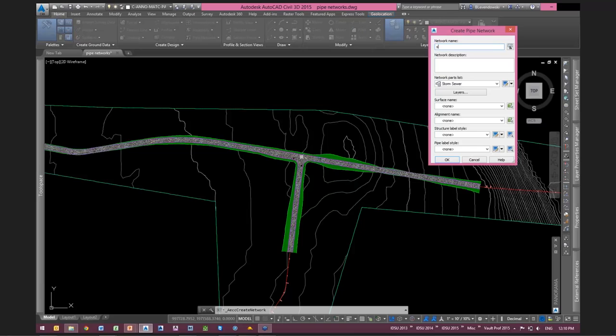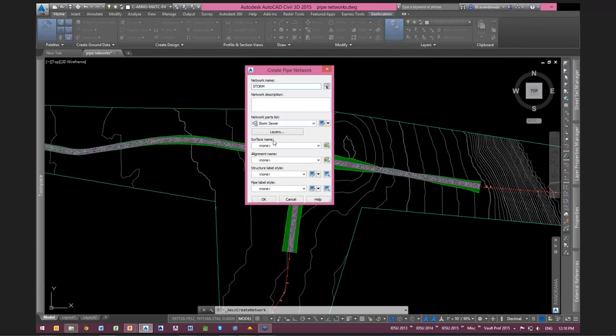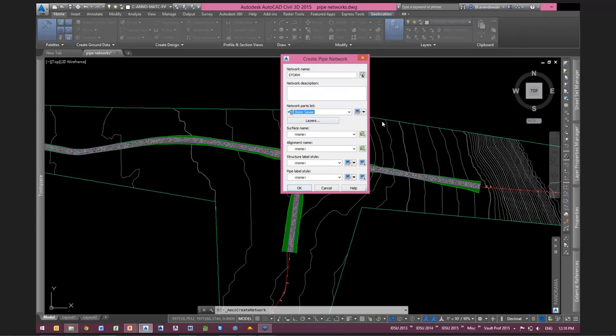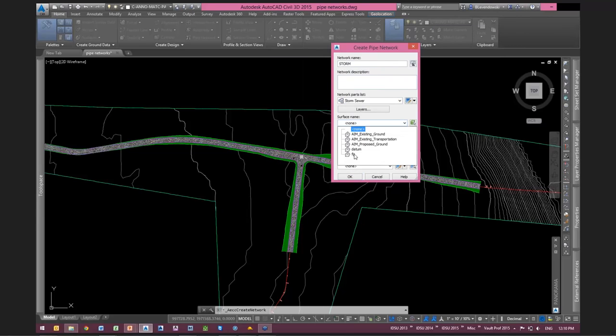We'll call it storm. We'll grab the storm sewer parts list. Okay, for the surface name, we're going to grab the FG. Another little trick here, I'm not going to go through it in detail, but it's to take your existing and your proposed and make a combined surface. So make an FG plus EG and paste FG second. And what you'll get is a composite surface. Now, you're not going to turn that on, but it's handy when you happen to have a structure that is